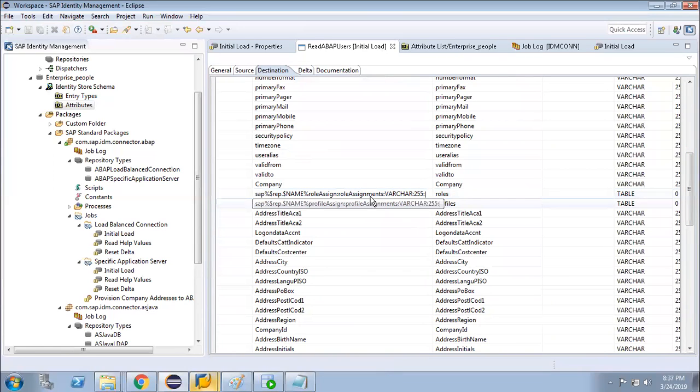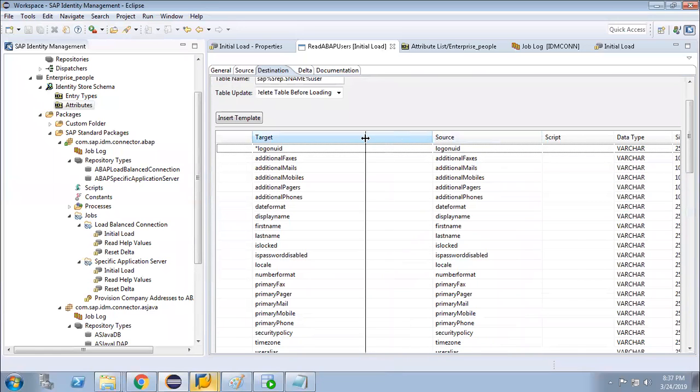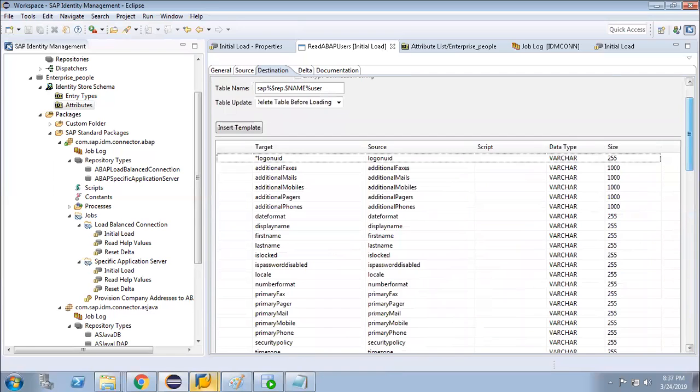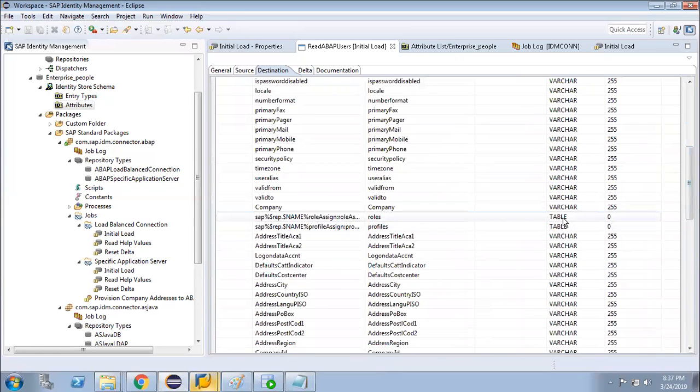Here you can see user to role assignment, and from the table it will take. Maybe it's taking from AGR_USERS. Yes, here it is not maintained, but from the table it will take. That is our data type; data type is the table. So the system is set up internally in such a way that from the corresponding table, user to role is usually present in the AGR_USERS table. So from that table, it will automatically pick up the data.